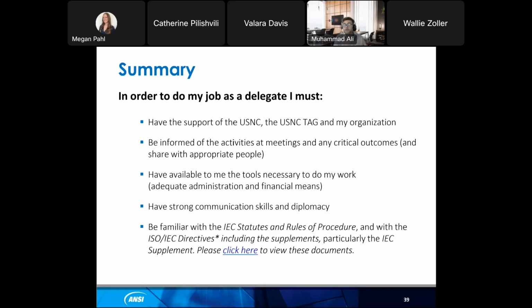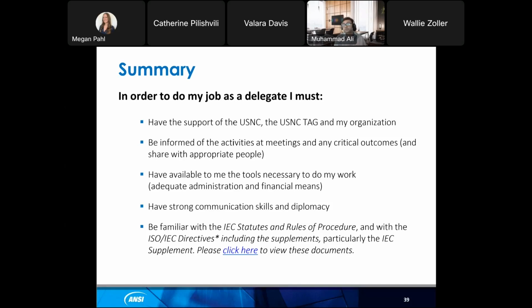Make yourself known for any kind of tools that are being used within the meeting, whether it's a tool that is being used within the TAG itself to communicate among the delegates, or the IEC collaboration platform, or the IEC meeting registration system, or the IEC platform itself where the official documents are posted. So make sure that you know how to navigate through all those